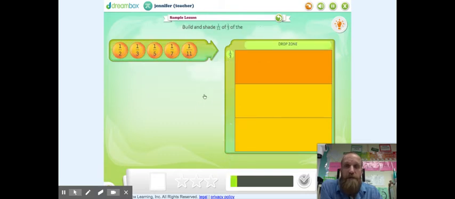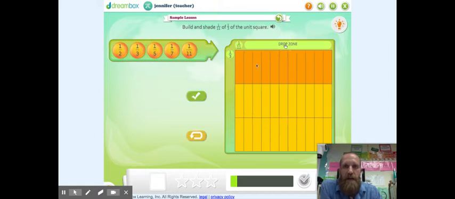Now I'm going to do double shading. It says build and shade 1/11 of 1/3. So now I need to take this 1/11 and put it up here in this drop zone. And now I have 11 columns going up and down. The directions say build and shade 1/11 of 1/3. Well, this orange part is my 1/3. I want to shade 1/11 of this orange shaded 1/3 part. So there it is. I basically double shade it. This pink area represents